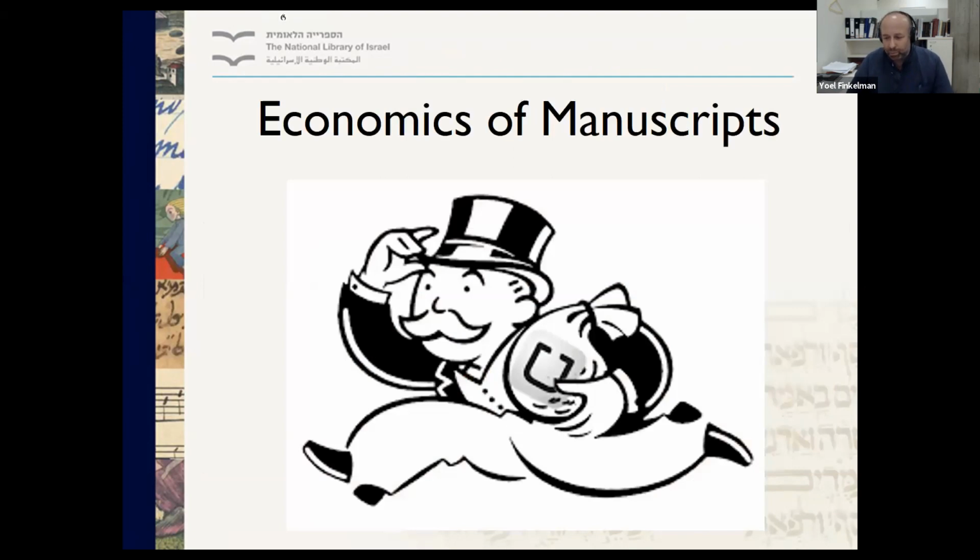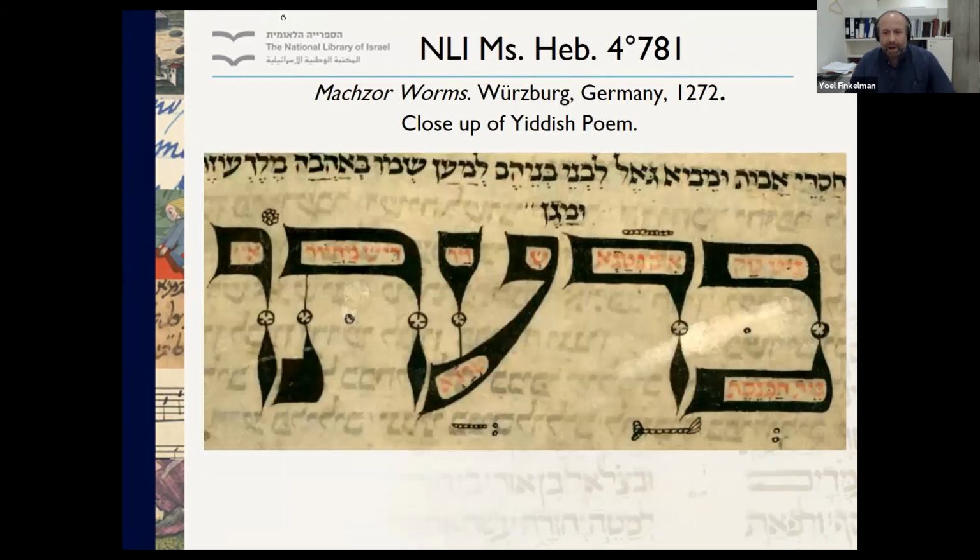A couple of words briefly, because I see I'm running out of time, about economics. We talked a little bit about the idea that more Jews than Christians would copy texts for themselves. This is an example of the Worms Machzor 1272. It's the first example of written Yiddish in the world. And if you see here, it says